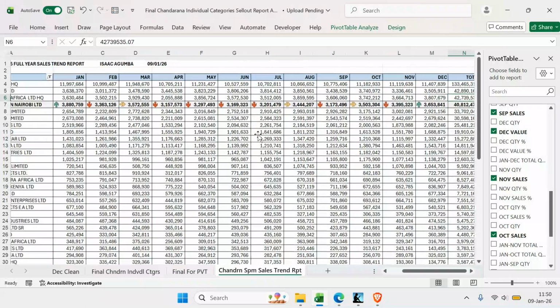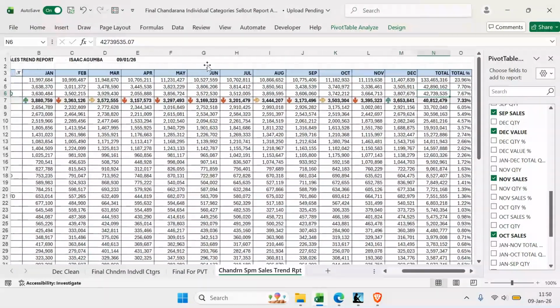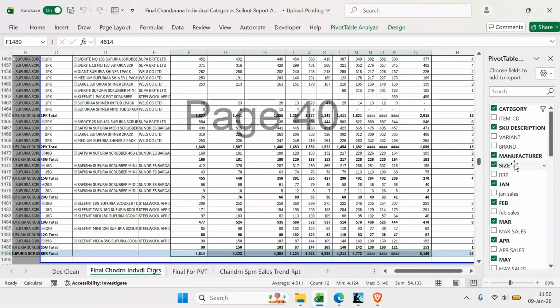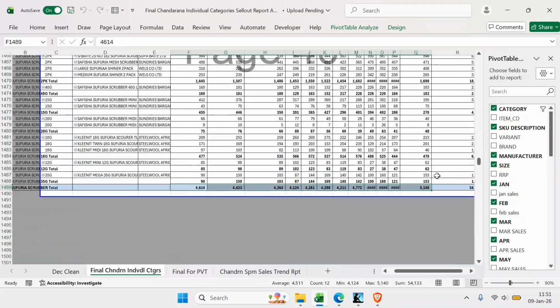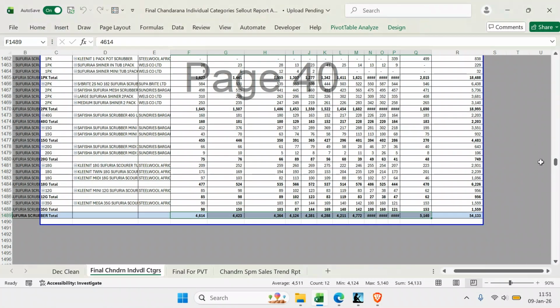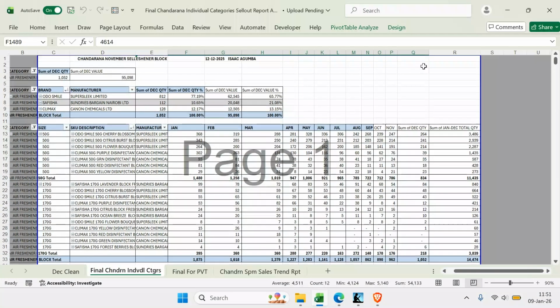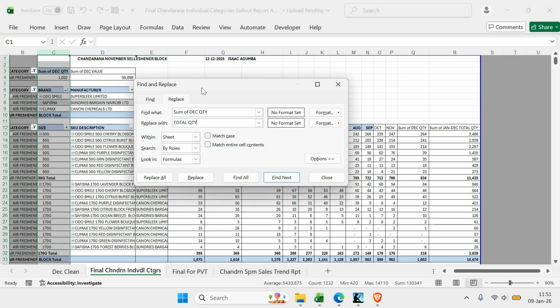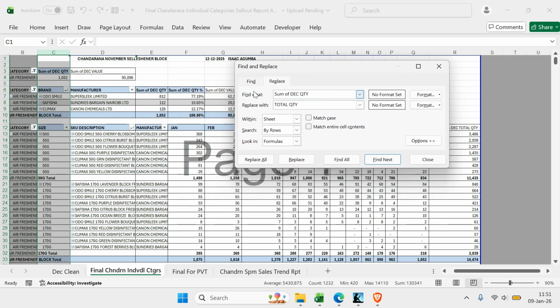After I do that, I do the data designing, which I just did to make it colorful. Okay, talking of colorful, how do I make this more colorful? I can as well remove that. I use Control F. For example, I want the sum of the quantity to just say total quantity. Total quantity, and I need it to be in the format where it's